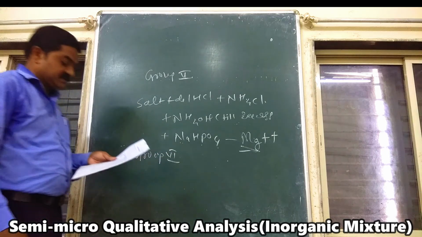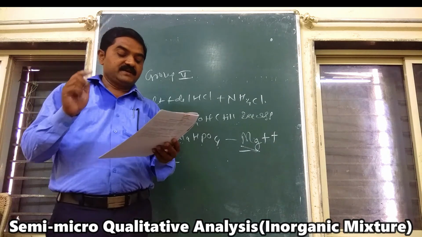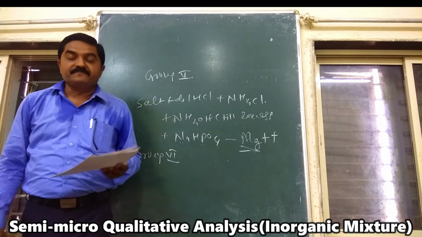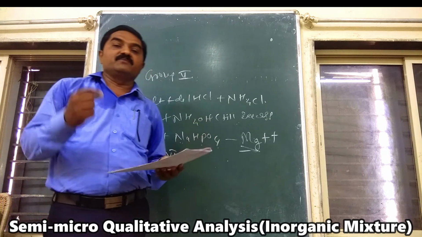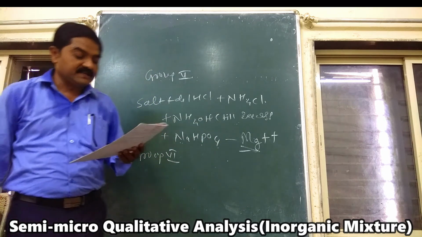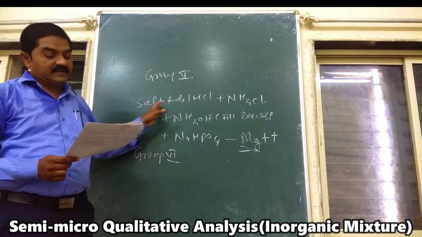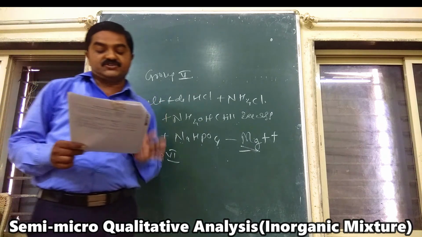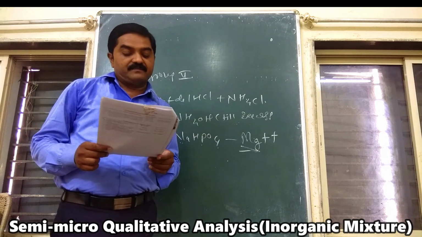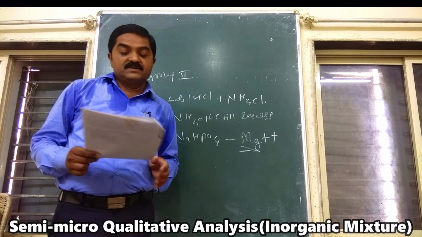In this group 6, mixture plus NaOH is treated. If the smell of ammonia is there, then NH4 positive is present. And for the potassium test, you have already prepared the water extract, and use this water extract solution for the test of potassium as well as for the test of sodium.